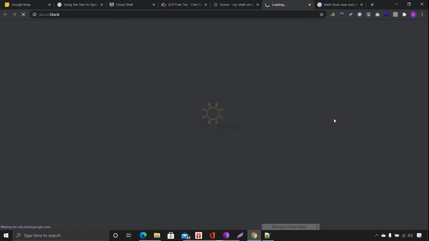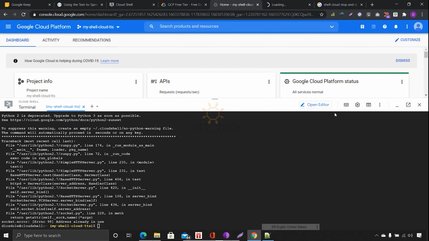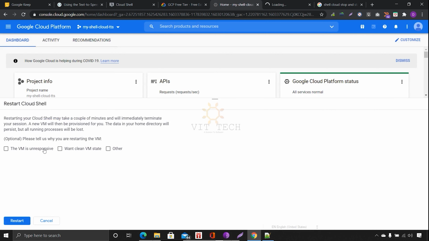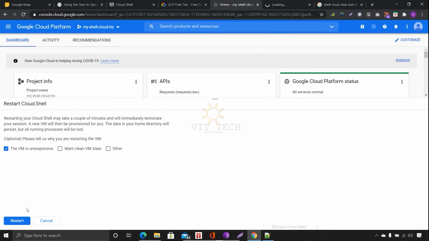This time also maybe, yes, the shell is taking time. So there is one option for this: we will restart it. Just say it is unresponsive, or whatever the reason. In our case it is unresponsive because it is continuously rotating, so we will restart it.